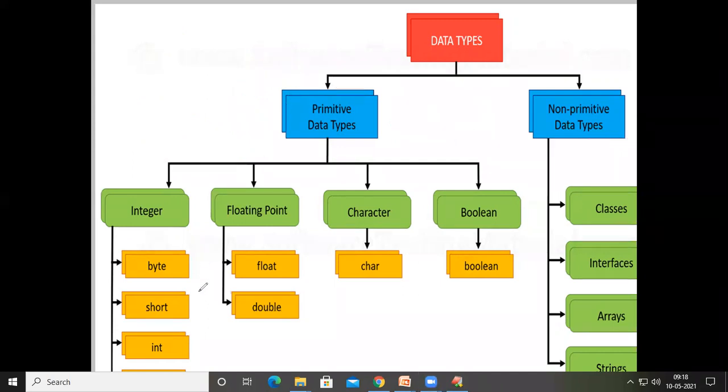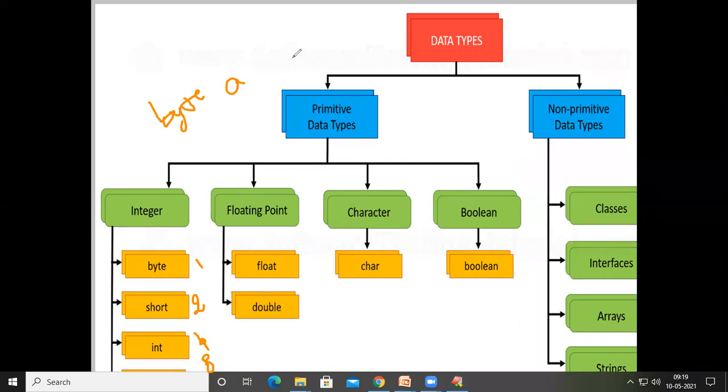For a byte, it is going to create 1 byte. For a short, it is going to create 2 bytes. For an integer, it is going to create 4 bytes. For a long, it is going to create 8 bytes. So depending upon the type of value you want to store in the program, declare that variable with the respective type. If you want to store small values, define it as byte A, so it has some range. If you want to store bigger values, go for short. Even bigger, go for int. Even bigger, go for long.